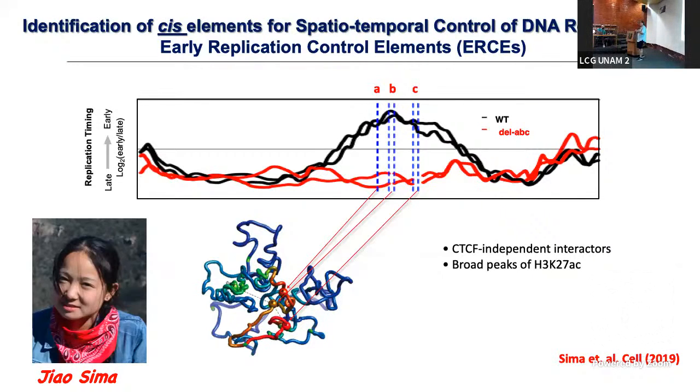Okay. And so this brings up a graduate student, Zhao Sima, who started in my lab just about the time CRISPR started. And she said, I want to identify the cis-acting elements of replication timing. Well, at that time, I had reviewers and other people disagreeing as to whether there was even a genetic component to replication timing. Maybe it's all epigenetic. It's all transcription. It's all just a reflection of other activities of the genome. So that was risky in itself.